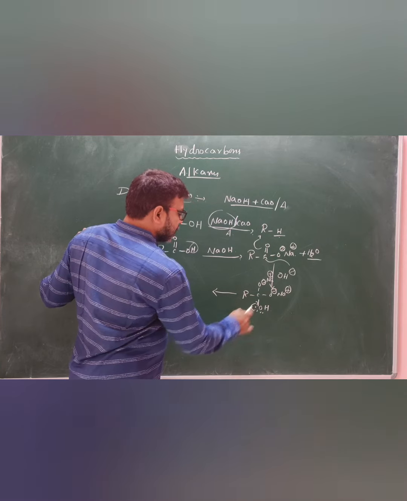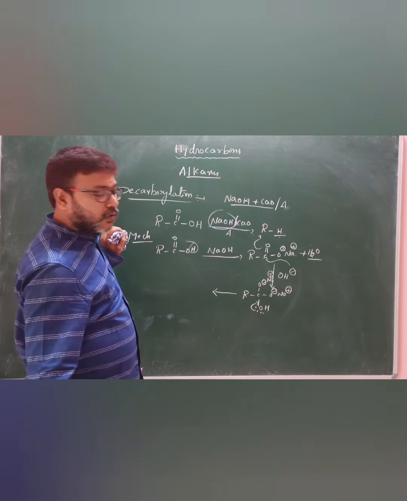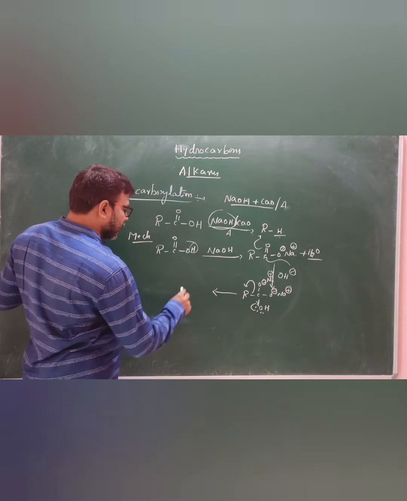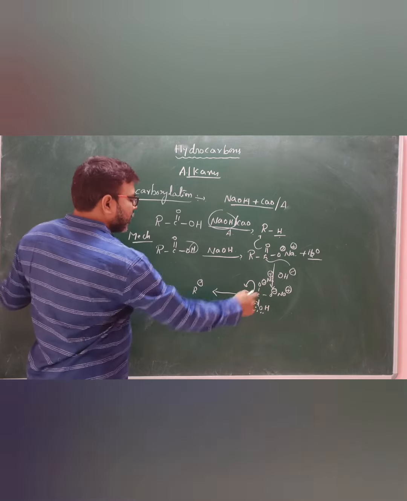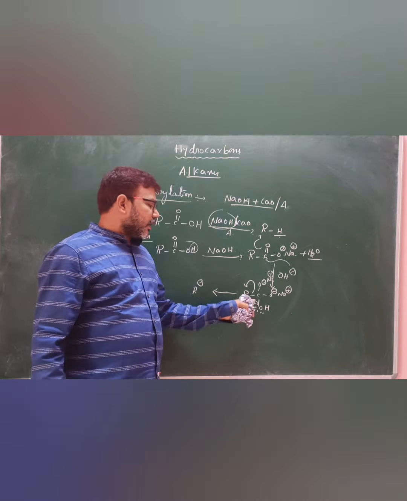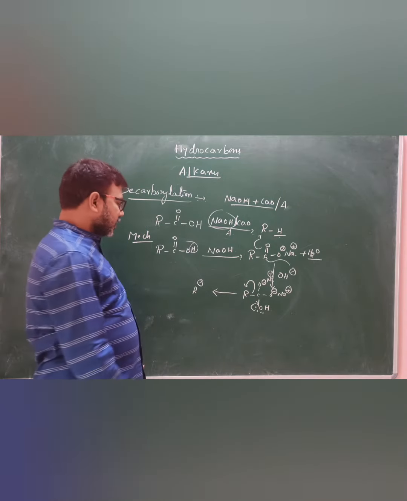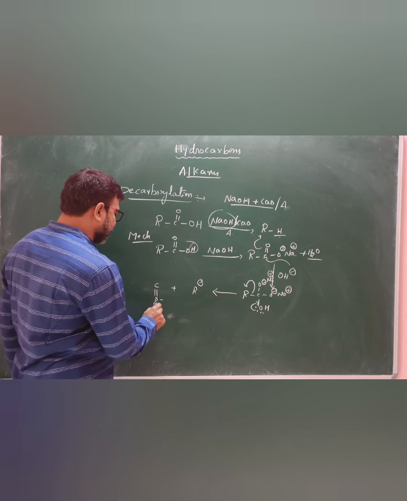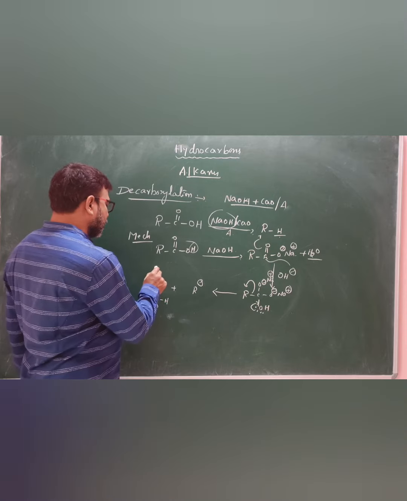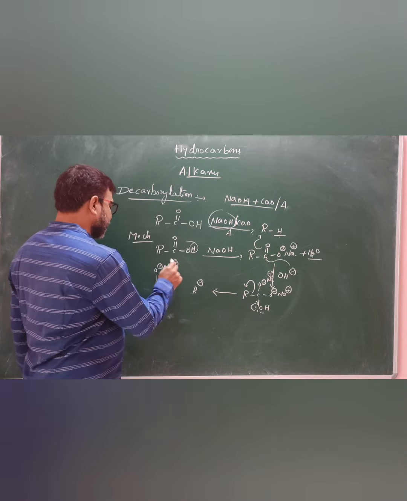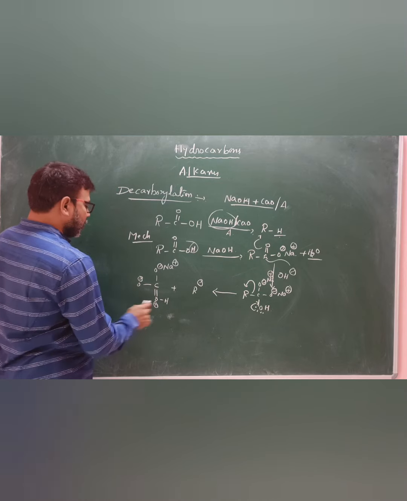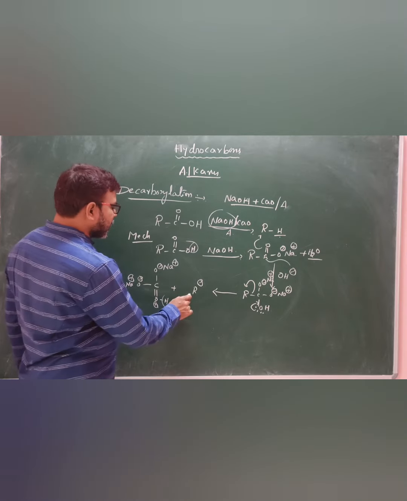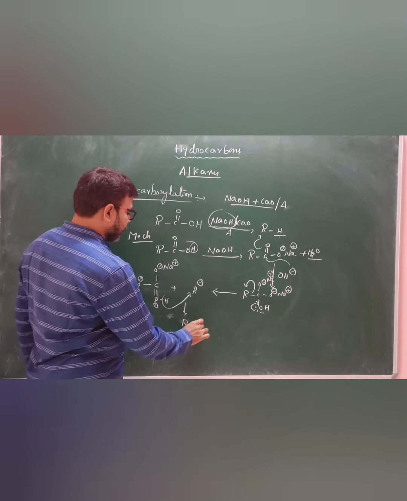Next, oxygen has a lone pair of electrons. This lone pair shifts to here, and the carbon valency would become 5, which is not possible, so this electron pair shifts to here and is converted to R minus. When the lone pair shifts, the oxygen has a positive charge. It is highly unstable, because oxygen is the second most electronegative atom in the periodic table. A more electronegative atom always shows negative character, but here oxygen shows positive character, so it is unstable. The H plus ion attacks here and it is converted to alkane.